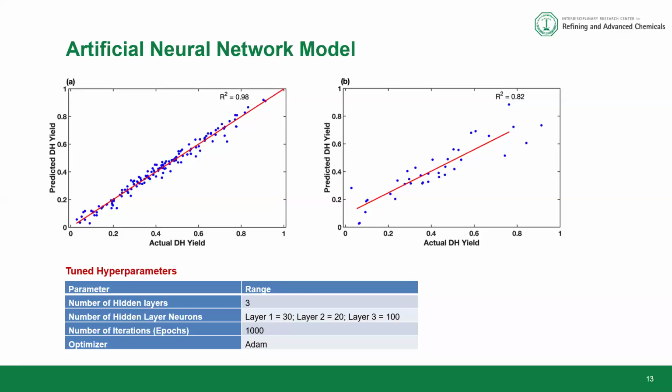The figure on the left shows the training result with a 0.98 R-square value, while the figure on the right shows the test data. That is, after the model has been trained, we tested it on unknown data to see how it would perform. We were able to achieve an 82% R-square value, confirming that it reasonably understood the pattern in the data and was able to predict up to this accuracy.